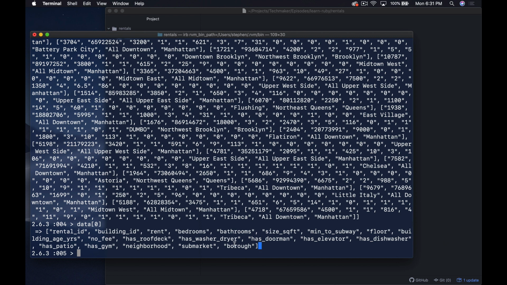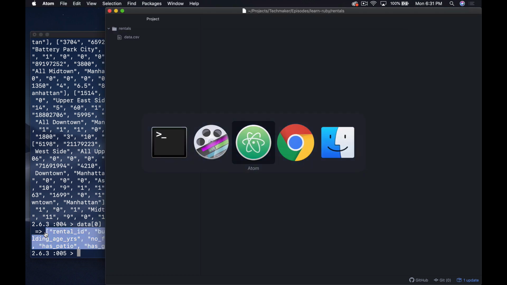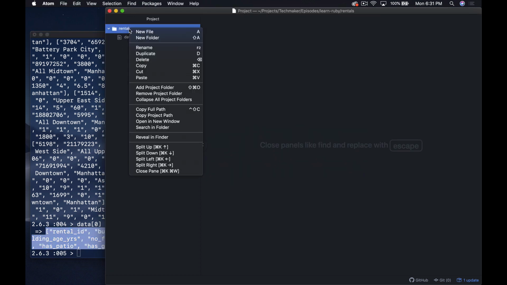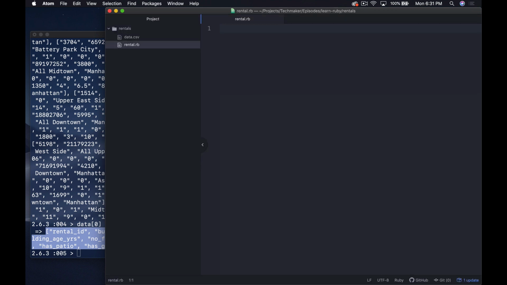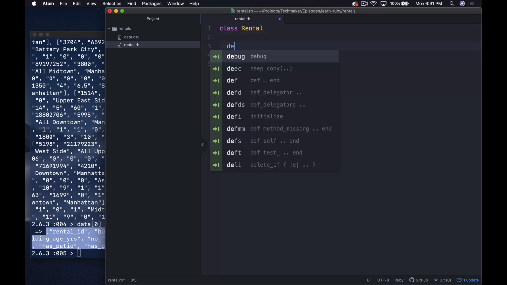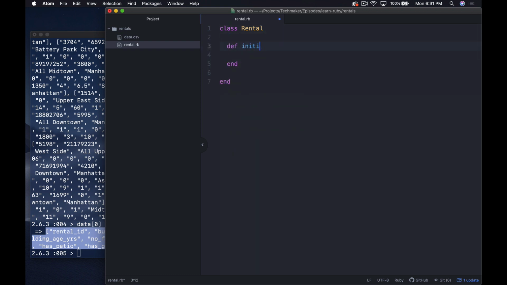So I'm going to copy all of this, and let's go create a new class actually. So I'm going to create a new file in here, and I'm going to call it rental.rb, and we'll do class Rental, and inside of here I'm going to do def initialize, and I'm going to paste all of that